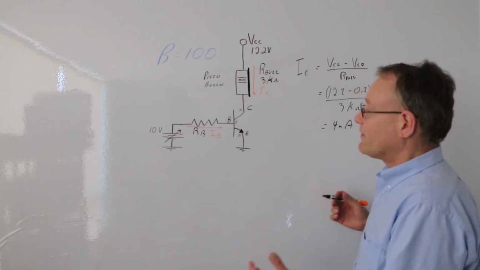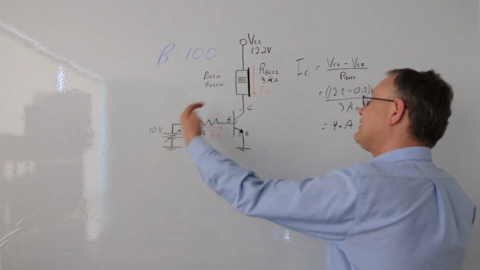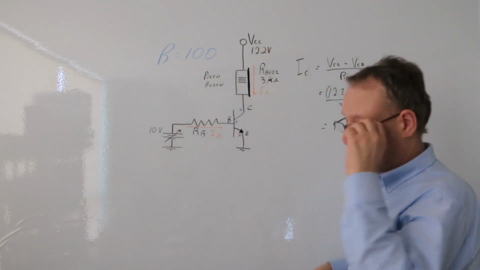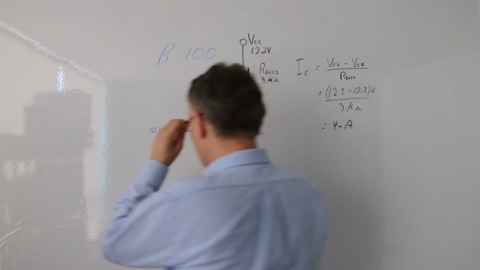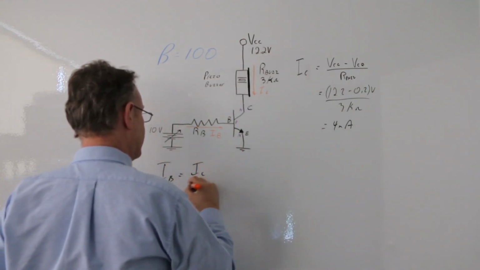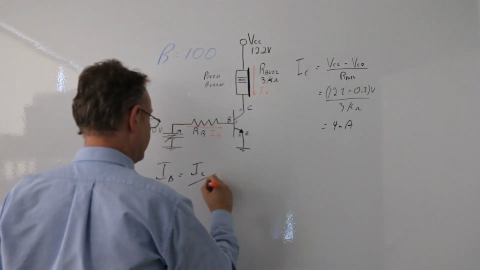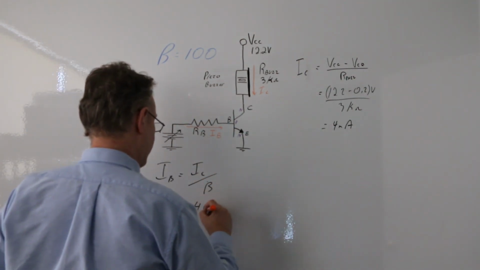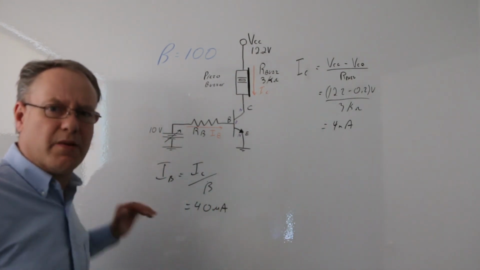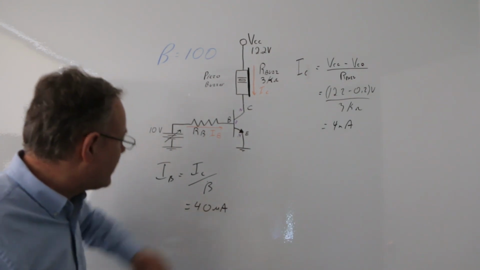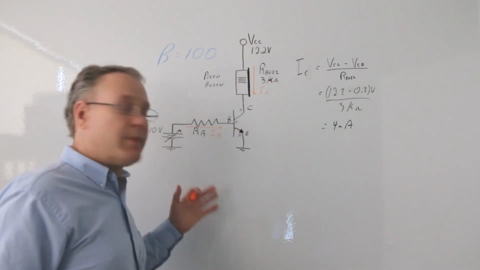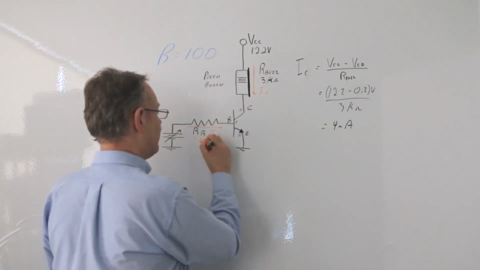So if I wanted to find out how much current I needed to go through here with a gain of 100 so that 4 milliamps would go through here, this is what I'm going to do. We know that my IB is going to be my IC divided by my B. And in that case, it's 40 microamps. I think that just is standard and it makes sense. Okay, so we know I got 40 microamps. I'm going to get rid of that. I'm going to label my IB up here: 40